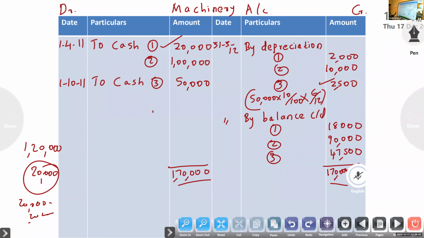What is the difference between written down and fixed installment method? If you are doing fixed installment method, suppose 1 lakh is the machinery value and the lifetime is 10 years. If you keep depreciation according to fixed installment method, after 10 years the value of the original asset will be 0. Because it is 10,000 in year 1, 10,000, 10,000, up to the 10th year, 10,000. If you are taking it from profit, then at the end of 10 years, the value of the asset becomes 0.